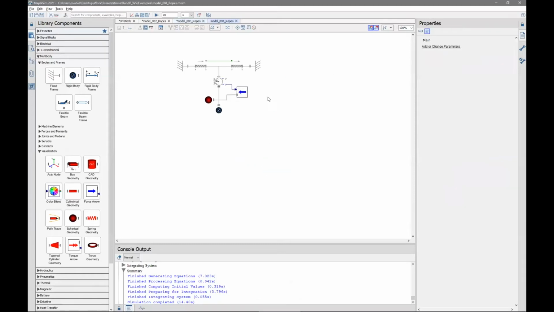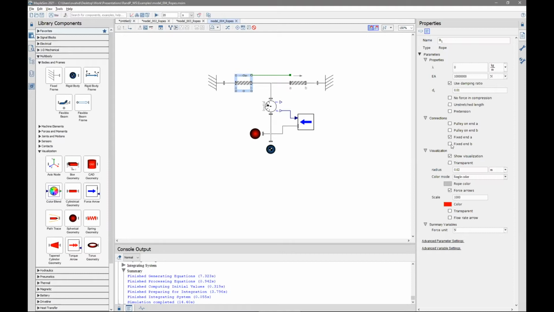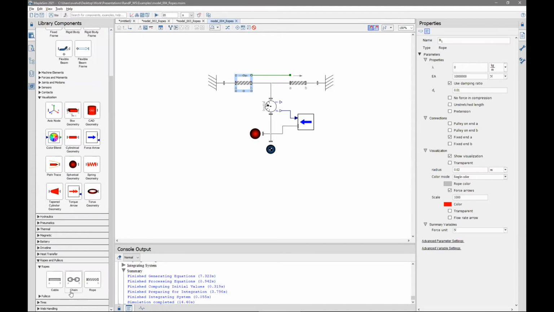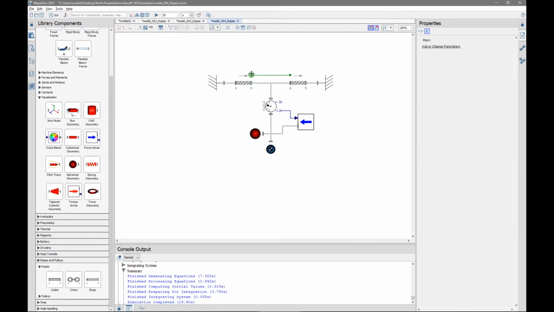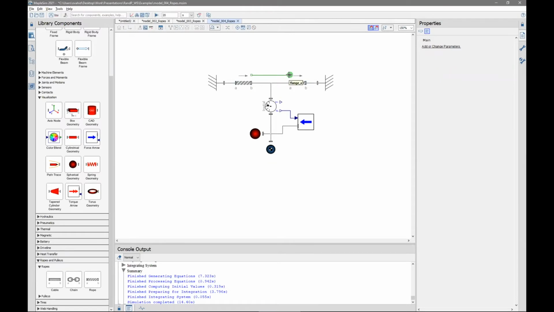There we go. So in example number 4, there is a little bit more happening, but the most important part of this example is that we have used the option for fixed end and unselected one. So when you drag a rope, chain, or cable to the screen, you will see that both fixed end A and fixed end B are checked. In this case, it says end B is not fixed, which results in appearance of this 1D translational port. For the second rope, side A is not fixed, which results in appearance of this translational port, and